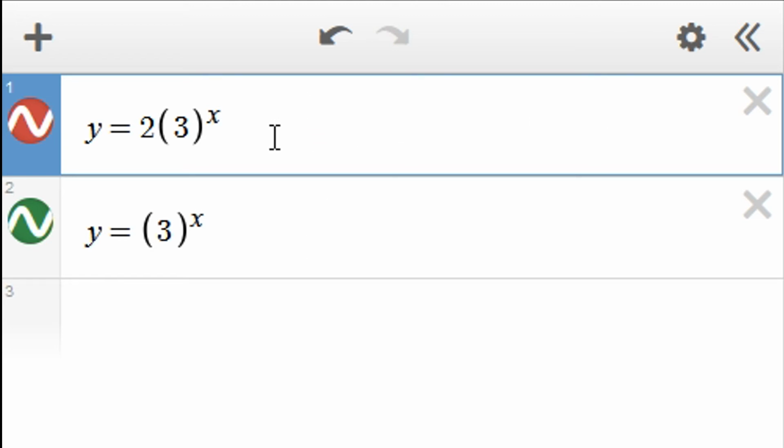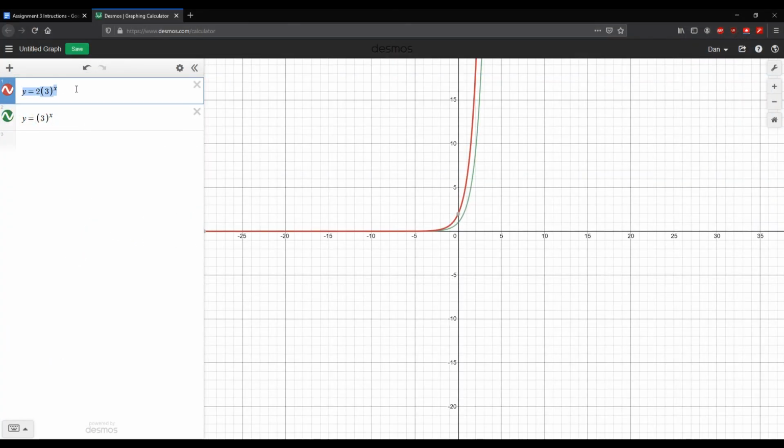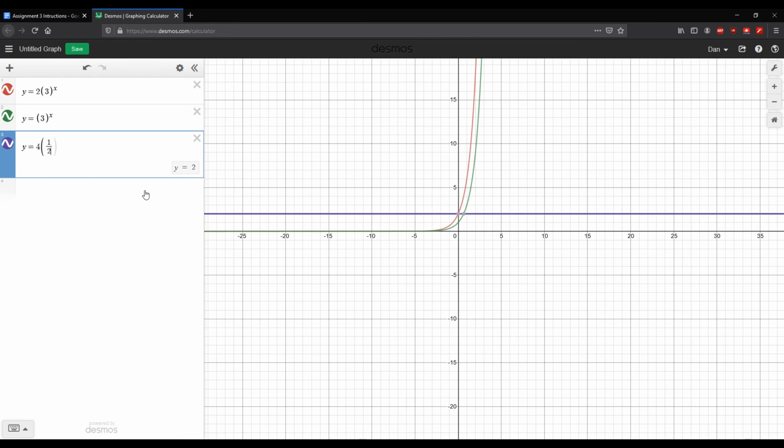So for your assignment, I did an example, but you'll have something very similar, and that will go over here where these are. So you'll have your original function, which you'll type in line 1, and then your parent function, which you'll plug in line 2. You'll also have another assignment. If you want to use the same Desmos window, you can continue to work on this. Like if I had another function, just make up y equals 4 times 1/2 raised to the